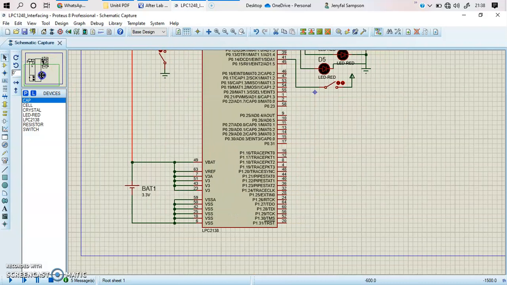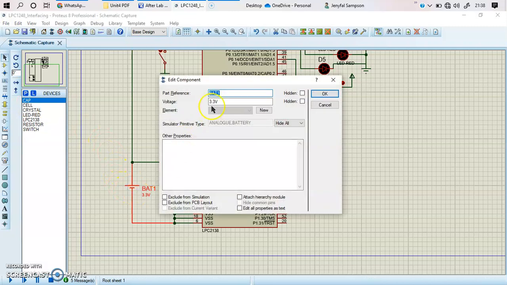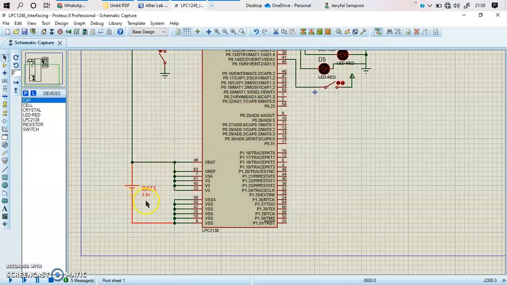Next, you need to give the power supply and ground. Coming to the power supply and ground of this circuit, you need to make sure that you have the battery. You take this particular cell, place it over here, double click on that battery and make sure it is 3.3 volt. If you give above 3.3 volt to your microcontroller LPC2148 when you are using hardware, the pins will get damaged. So please make sure you have the habit of using only 3.3 volt in the simulation also.